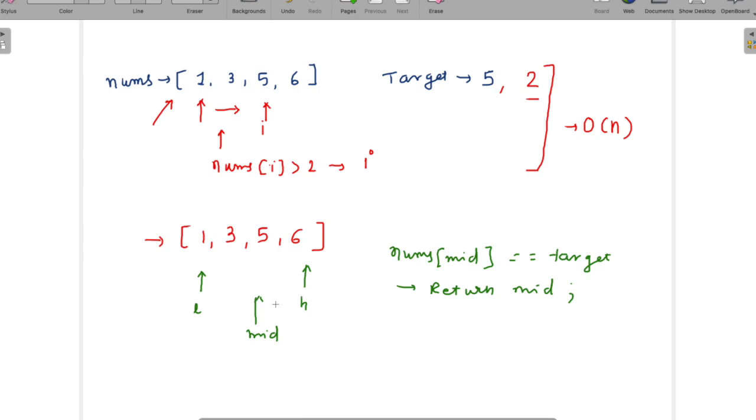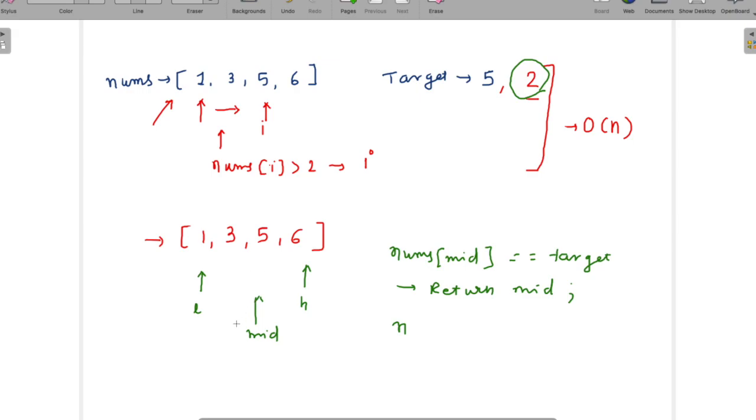If the target number is not present, let's say in the case of 2 which is not present in the given array, then what we can do is check the number at mid. Let's say it is less than target.